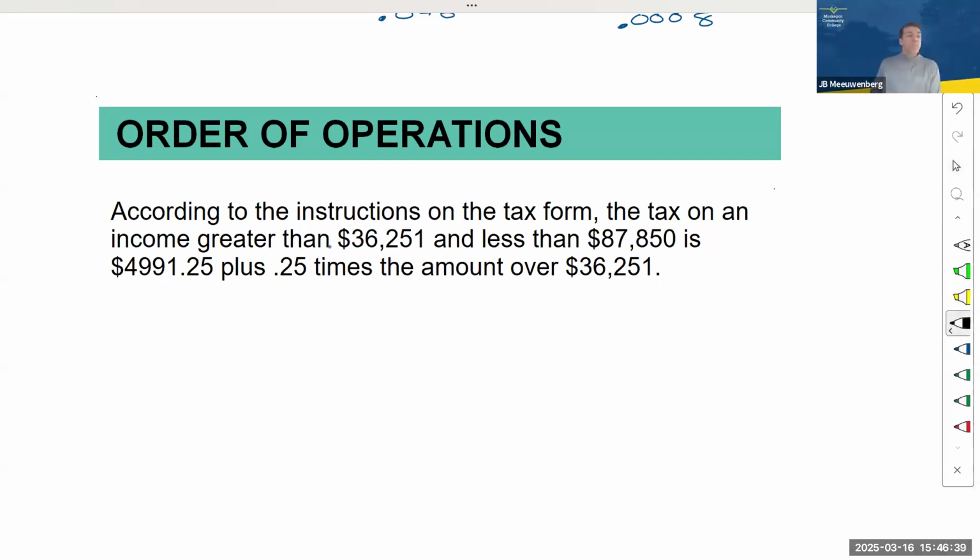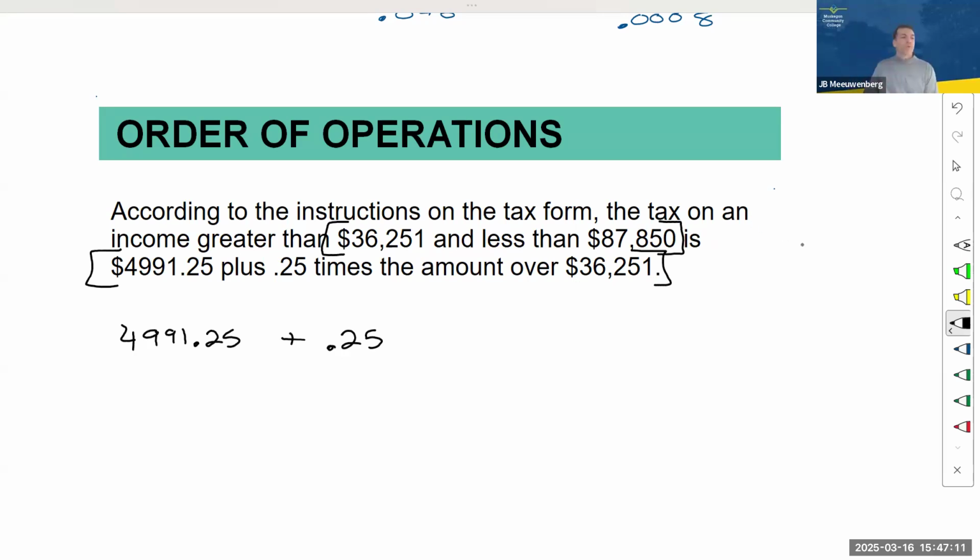What this is saying is that if you make an income between these two amounts, between 36,251 and 87,850, then this is how your income tax is calculated. It would be $4,991.25 plus 25 hundredths times the amount over